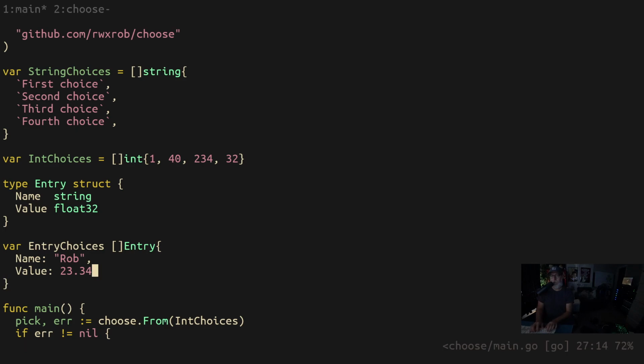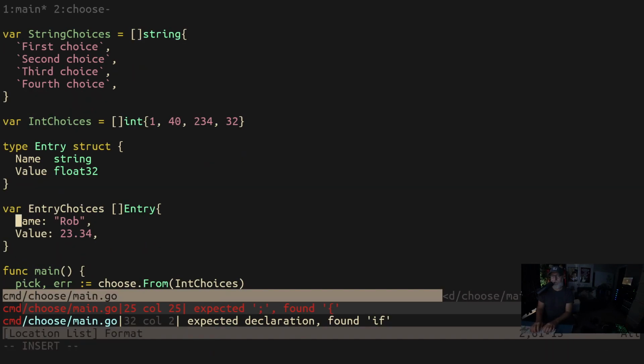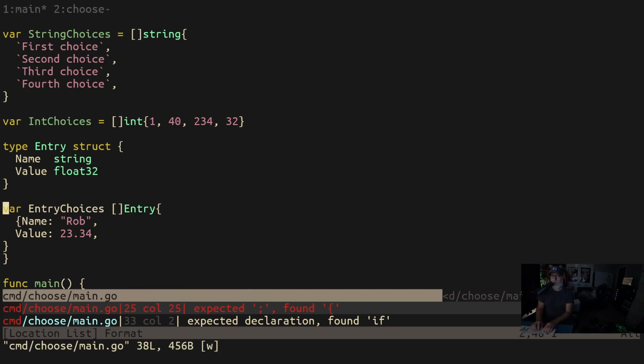Okay, I'm going to need some braces around that. I mean, it's a little bit hard to do it this way, but I'll do it this way. What am I missing? I'm missing something. It might be easier to add individual entries, actually. I'm trying to do the inline method, which is fine, but